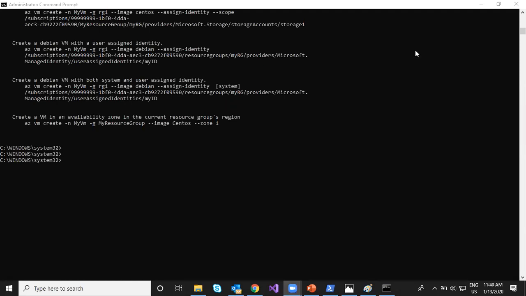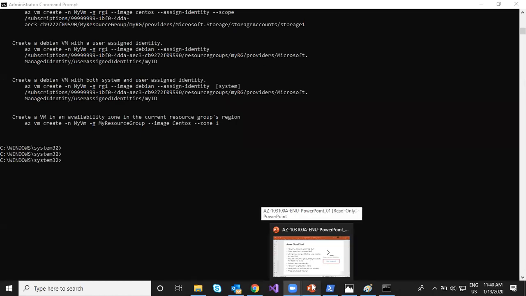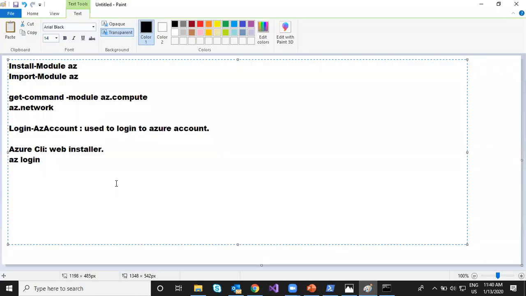Okay, fine. So that was a bit of PowerShell and CLI. Now, the third thing which we have is Cloud Shell. You may not want to download the PowerShell module, or maybe you have a Linux or Mac OS machine and you might not want to install the extra requirements for PowerShell, or maybe CLI also. So Microsoft has given us Cloud Shell, which is a